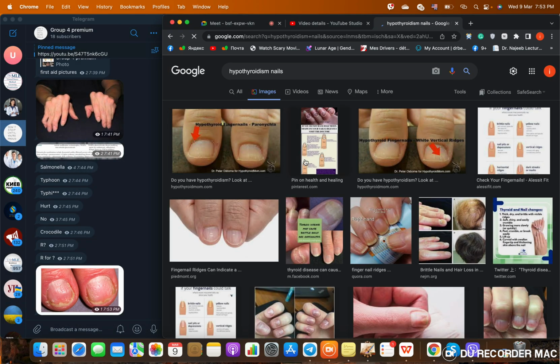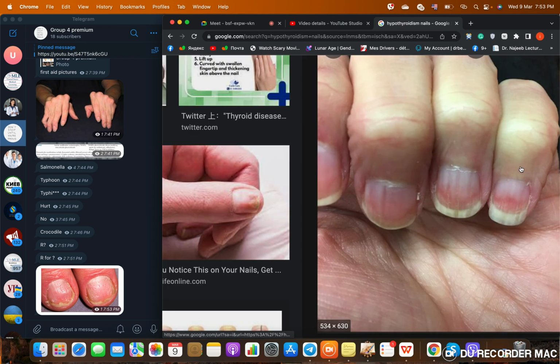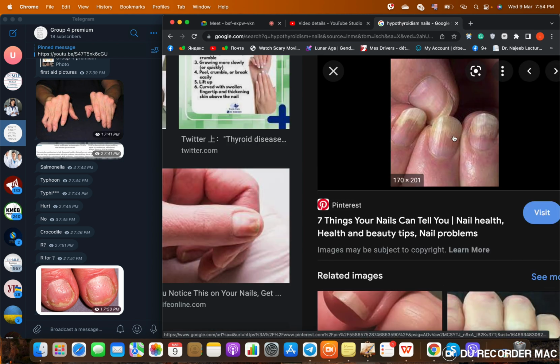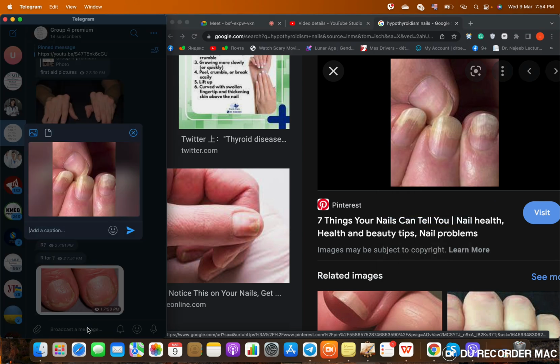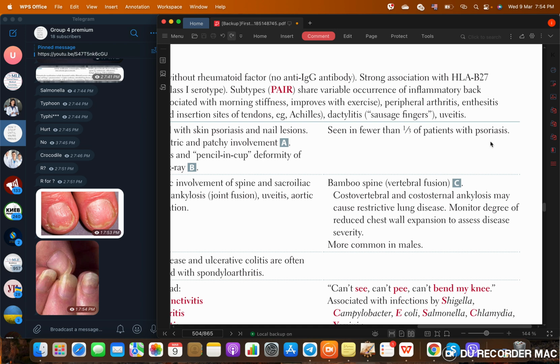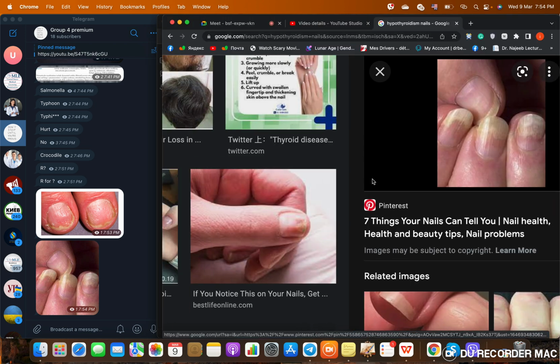Sometimes patients with hypothyroidism can have similar things. But notice, there is no pitting of the nail. It's just the oil-shaped thing, but there is no pitting. So if you see the pitting, end of the story, it's psoriatic arthritis. They write, seen in fewer than a third of patients with psoriasis, so it's quite rare. The next thing I want to show you,